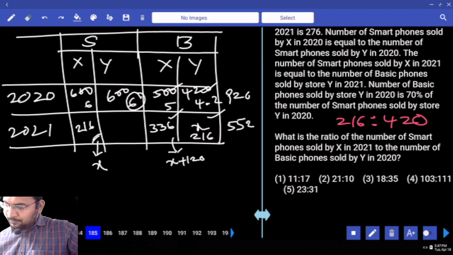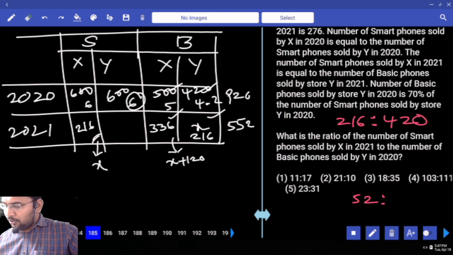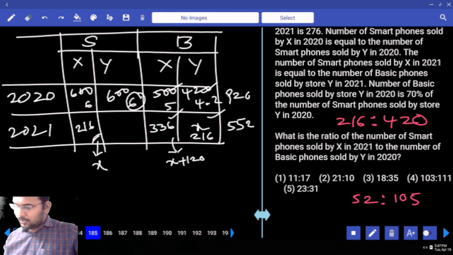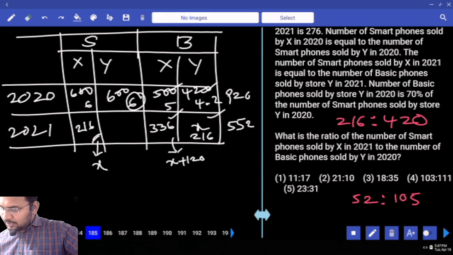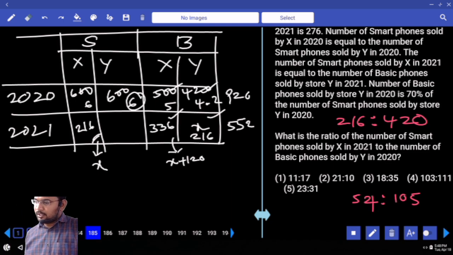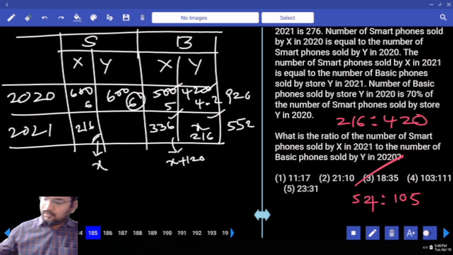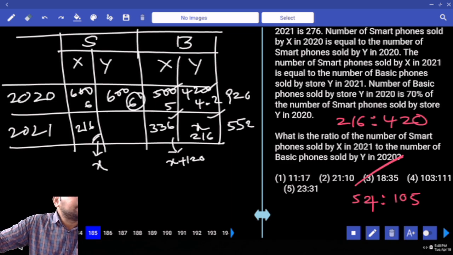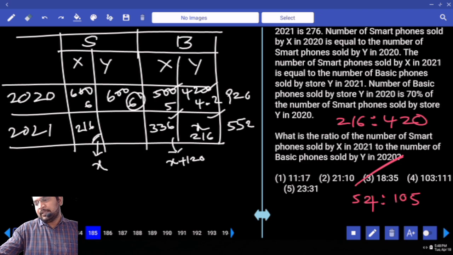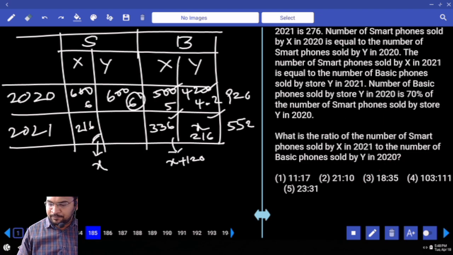So which table? 4 table now. 4 table possible, 452 times 4 is 105 times. Still, I think which table? Still 3 table. No, 4 table, no. 54, yes? 54 and 105, so 54 and 105 will fall in which table? The 3 table. 318 is 3 times 35 times. Your answer is option 3. Next question.